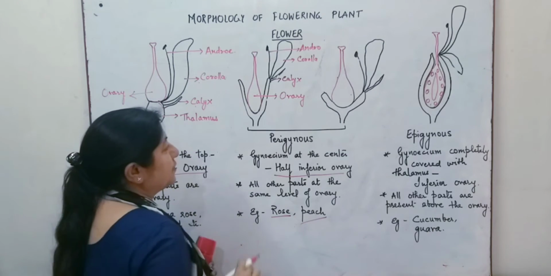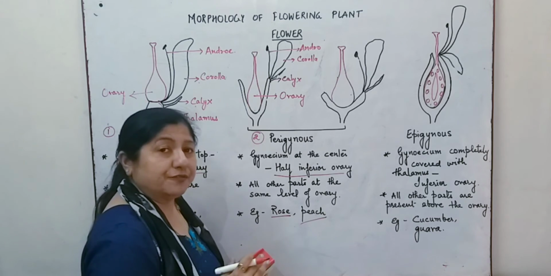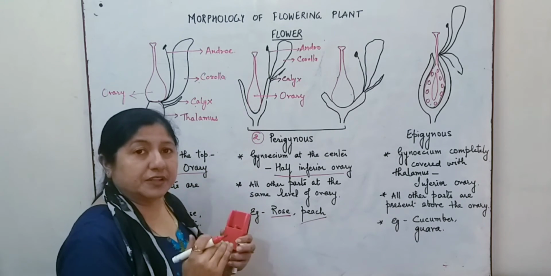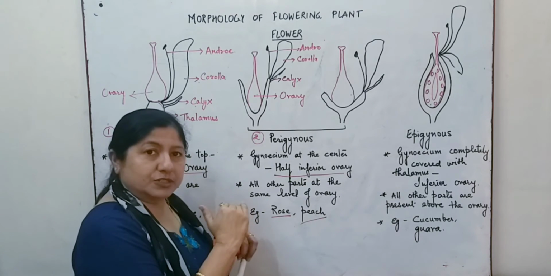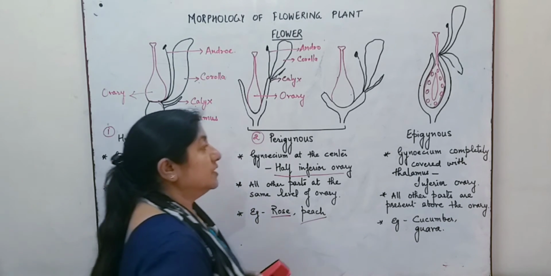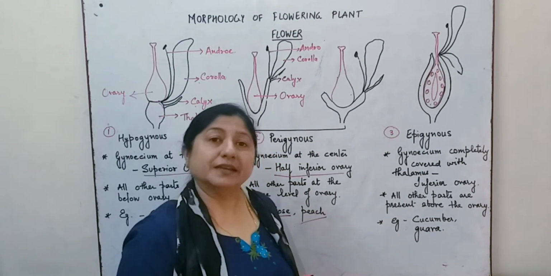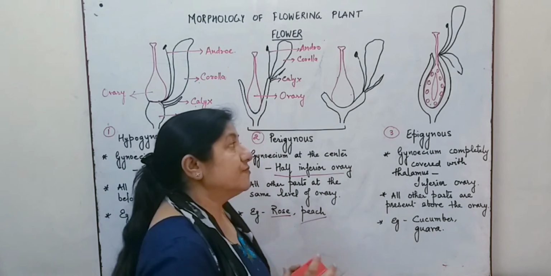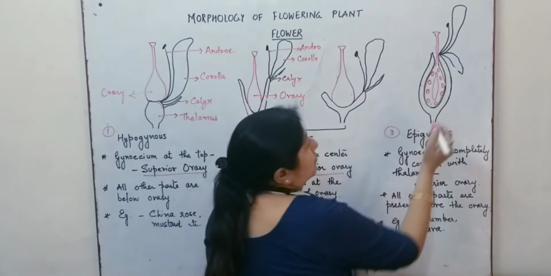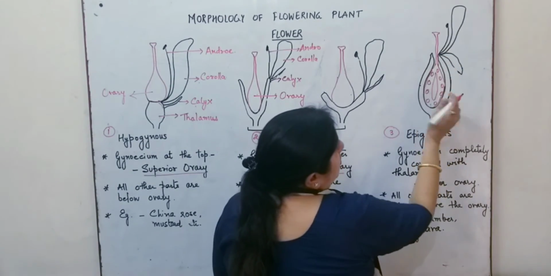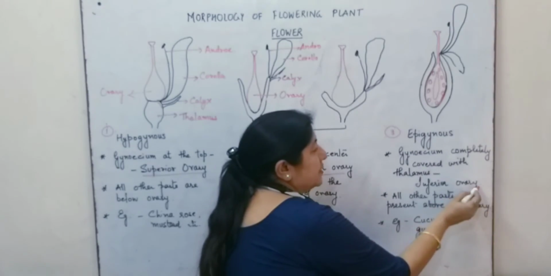So the hypogynous flower will be having ovary which is superior, whereas the perigynous will have the flowers which are half inferior. That means ovary and the other floral parts will be lying almost at the same level. The third type of the flower is the epigynous flower. The epigynous flowers are those flowers in which the ovary is completely covered with the thalamus. Over here, as you can see, it is almost fused with the thalamus, and it is therefore the inferior ovary